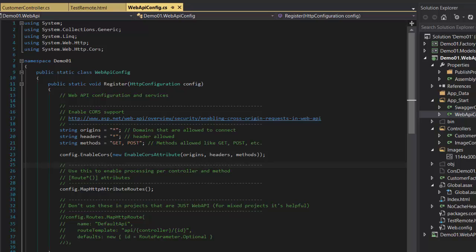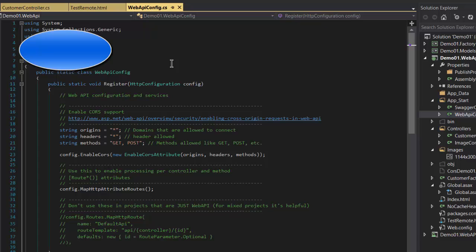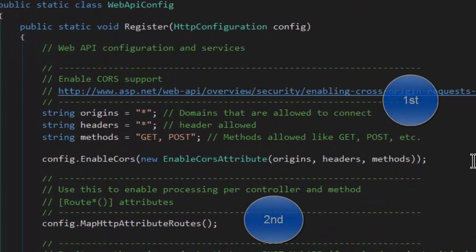For Web API projects, startup.cs calls the WebApiConfig Register method in order to set up Web API. This is where you'd set up other pipeline interceptors and so on, and this is where we're going to set up CORS. Couple things, we need to put a using System.Web.Http.Cors as a reference, and secondly, we have to set up enabling CORS in the pipeline before we set up